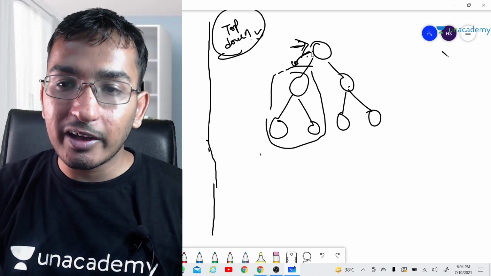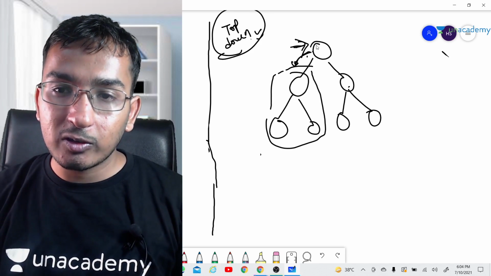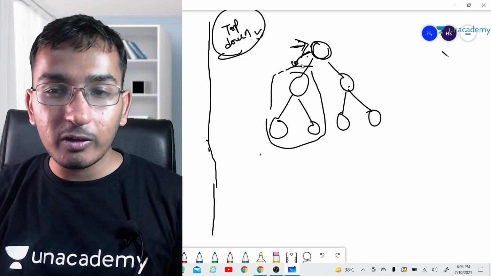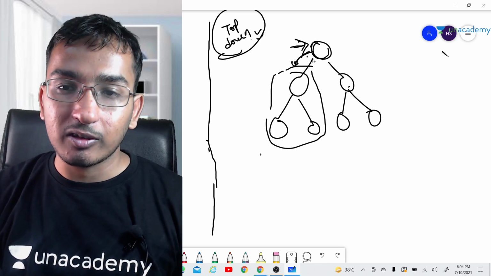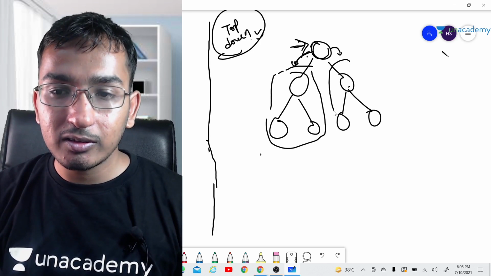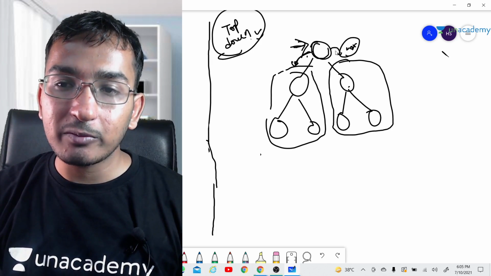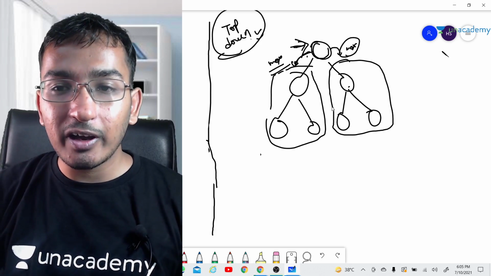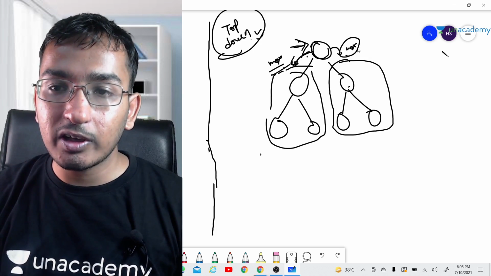I am standing here, moving forward to the smaller problem. What this node is saying to this subtree is, give me your answer. What is your maximum value? Then I will calculate my answer. Same thing it is asking the other subtree: give me your answer, I will find my answer as well. So how can you identify the answer of this, if I am having the answer of this and this?